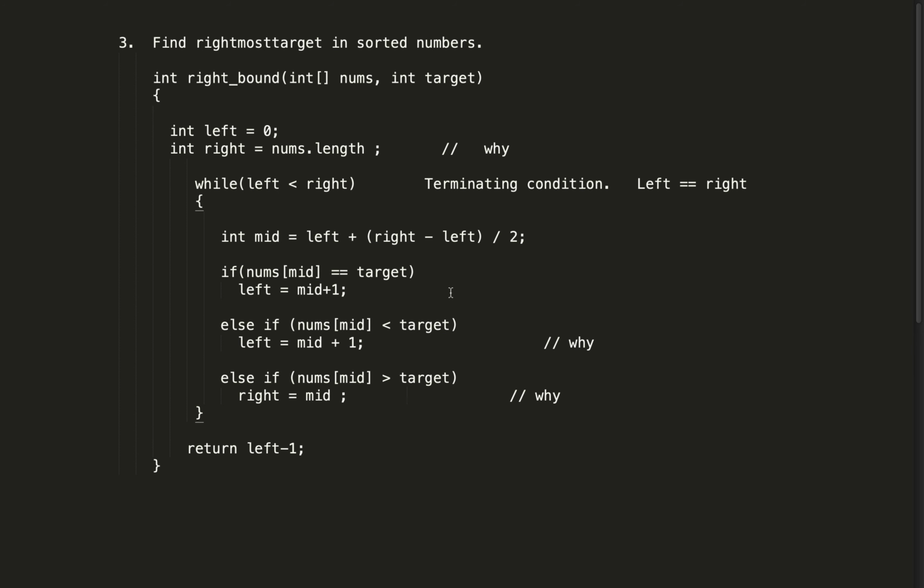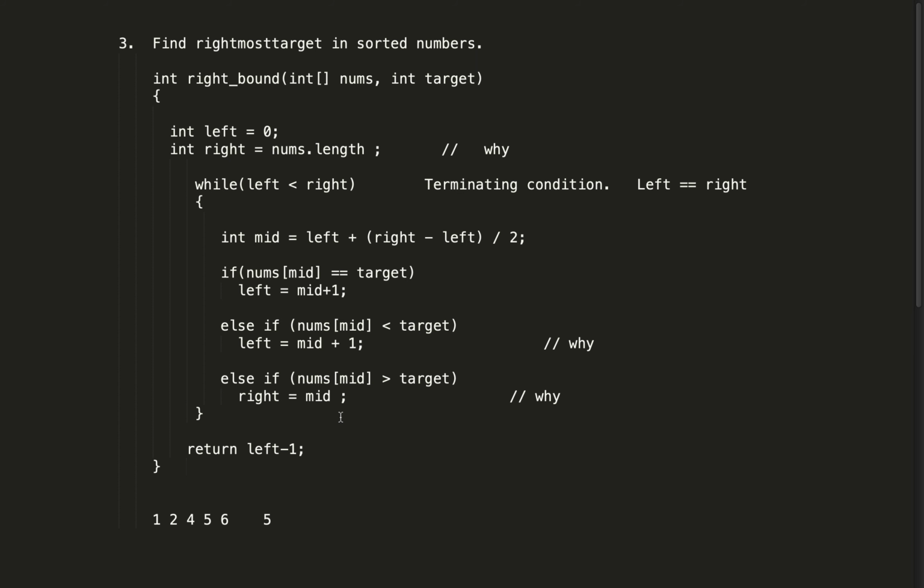Now you must be thinking, where are we returning -1 if the element is not present at all? So that also I'll just tell you. I'll just need to write 2, 3 lines for that. So let's say our example is 1, 4, 5, 6. So in this case, if your target is 5, then your left will be at 6 because of this. So you have to return left - 1. And if the number is not present at all,